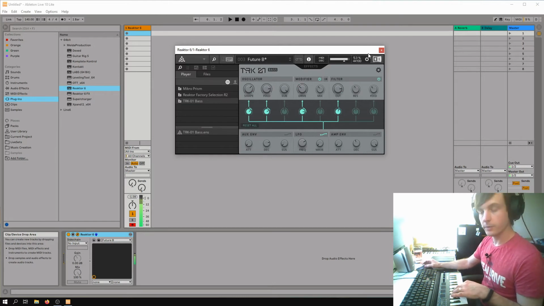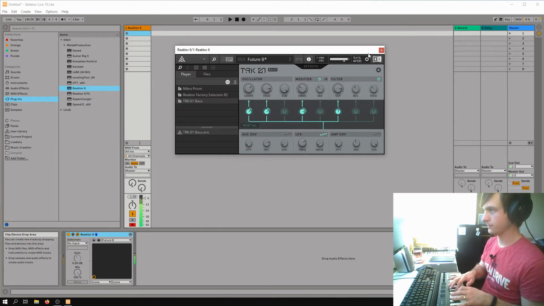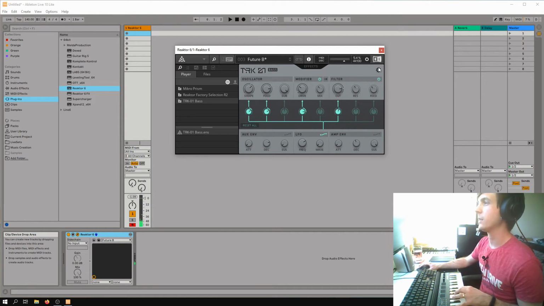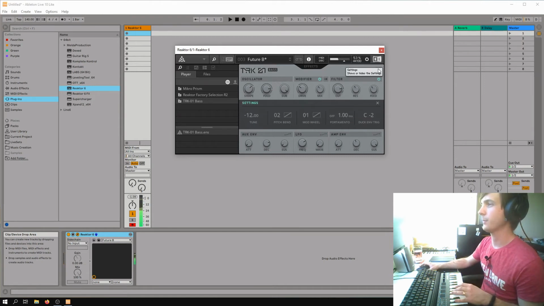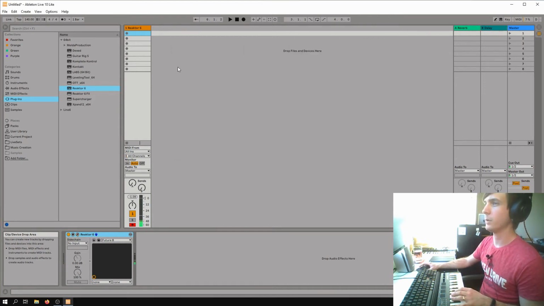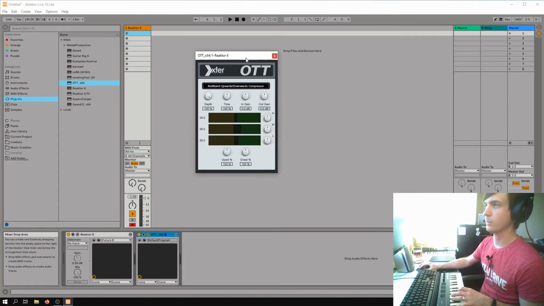Okay, so we have kind of a basic sound, but we're not done there. The next thing that we're going to add onto this is OTT, which is a compressor. Don't ask me exactly how it works. All I know is that everyone uses it, and to be honest, it's quite key to making a big difference